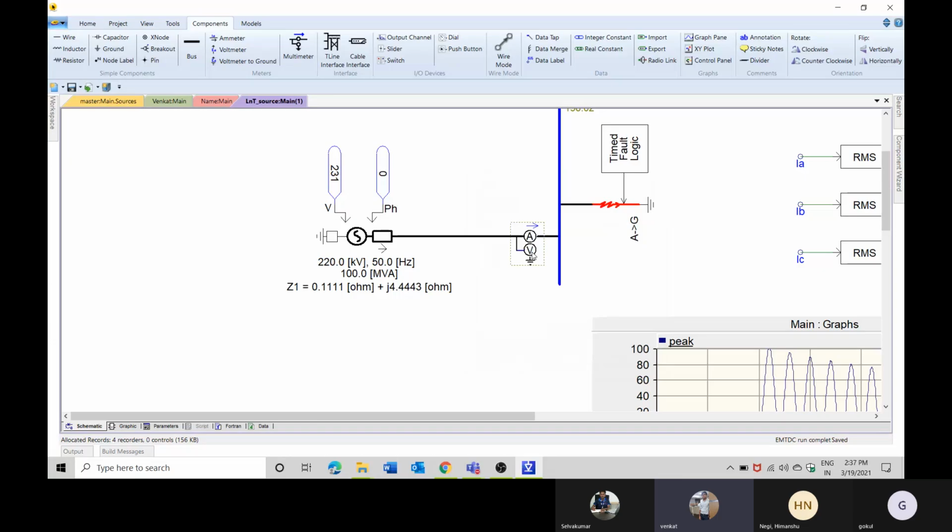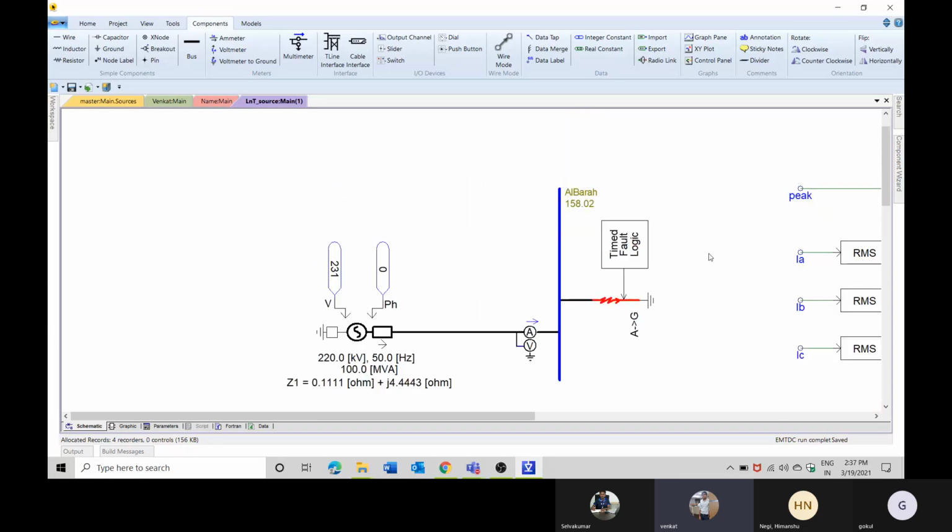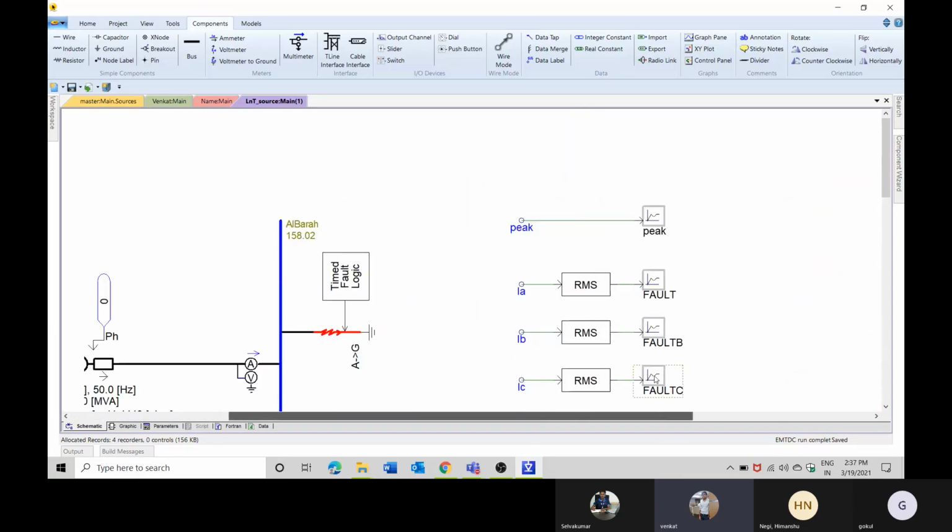Now I'm going to see the voltage and current, right? For current I have already taken the input. Like this, I want to see the voltage also. I will choose this and copy it. You can use Control C for copying, and I will paste here and paste here.